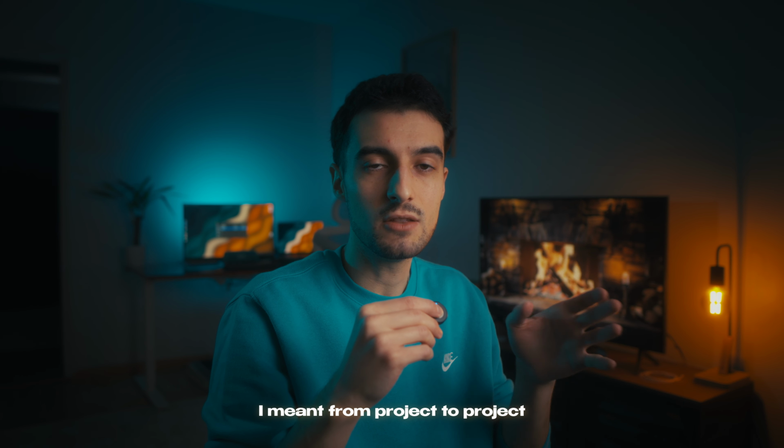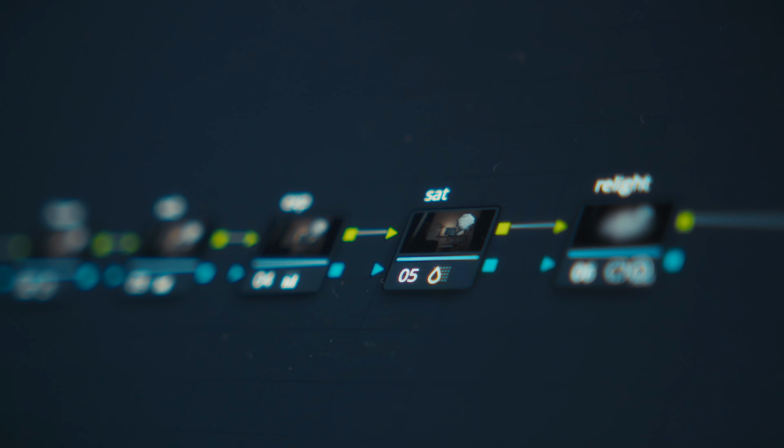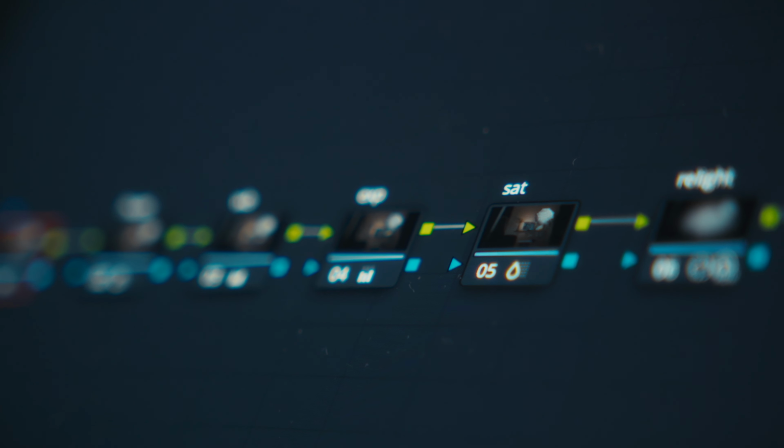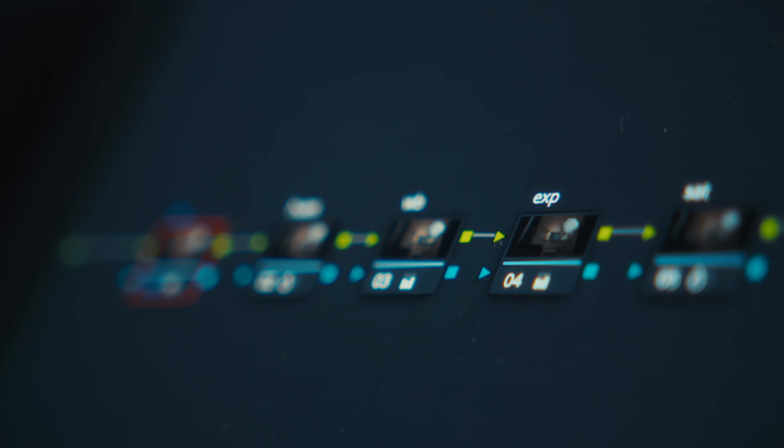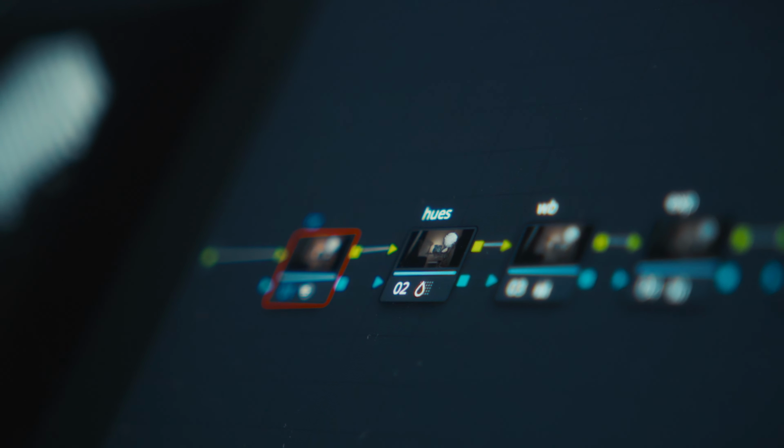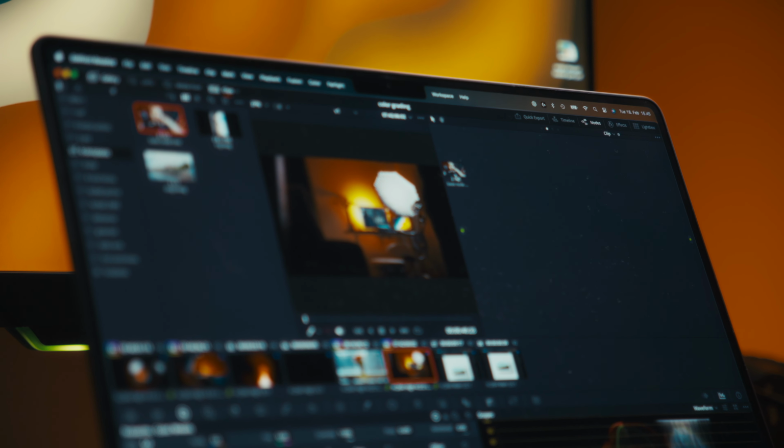But for the individual clip level, I always use the same node tree, so I know where my exposure is, where my white balance is, and all I need to do is go to that node and change it, and it's so much faster. I don't need to be doing anything. I've saved that as a template, so I just drag and drop it, tweak the exposure, tweak the white balance,